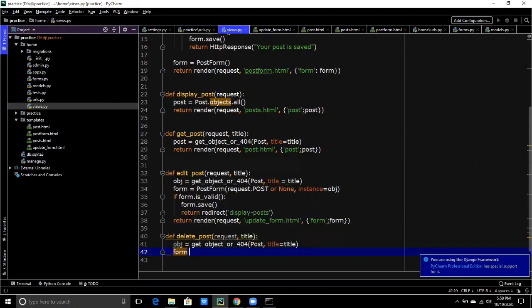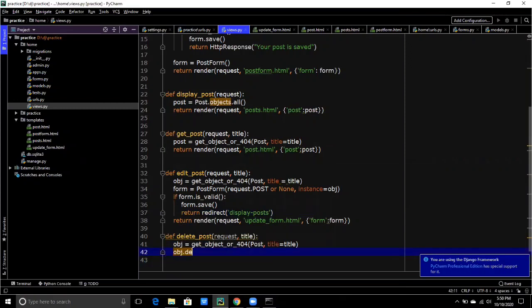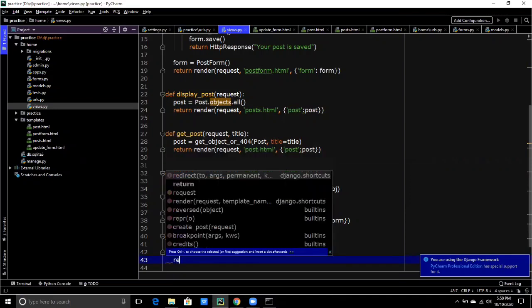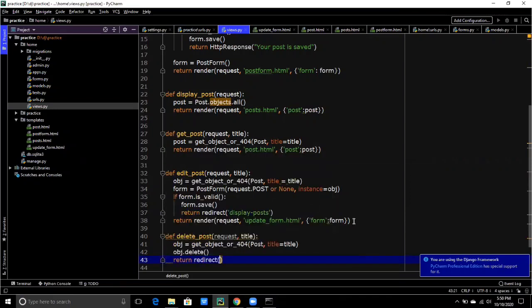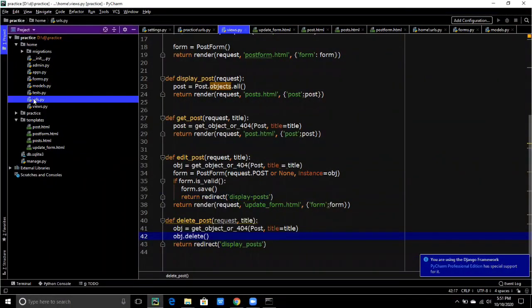And now we don't need to write a form here. Okay, we write obj dot delete, return redirect, and we redirect to display post, and the message http response. Okay, we are not writing anything here. Deleted. Okay, now we need to create a URL,